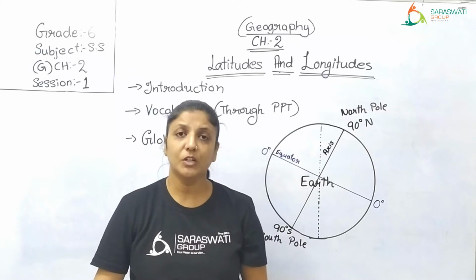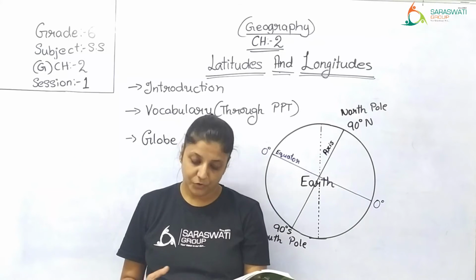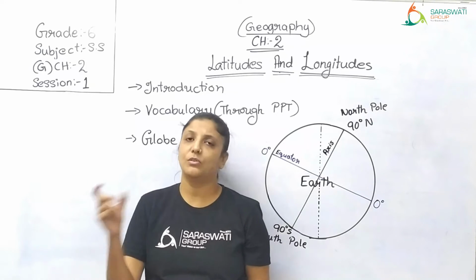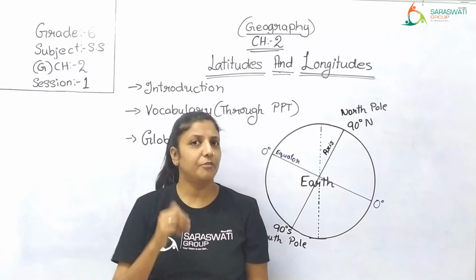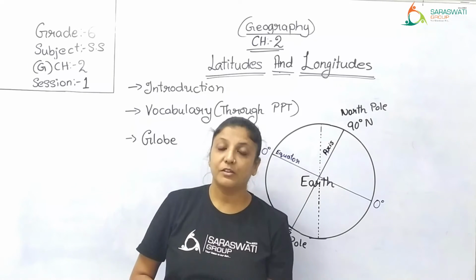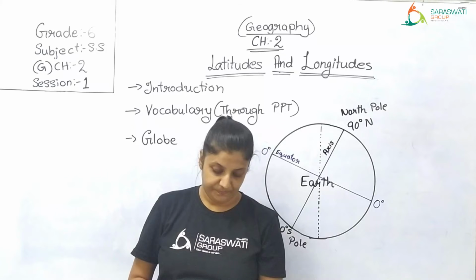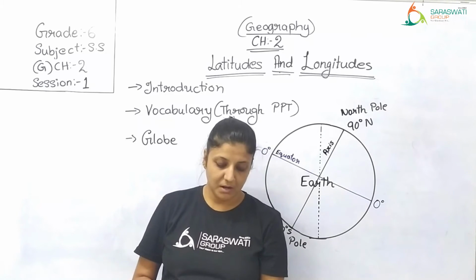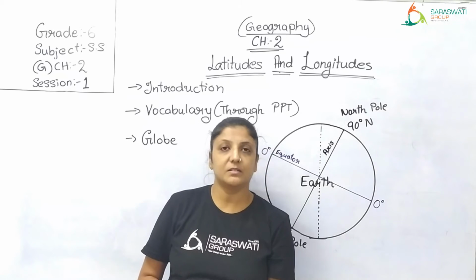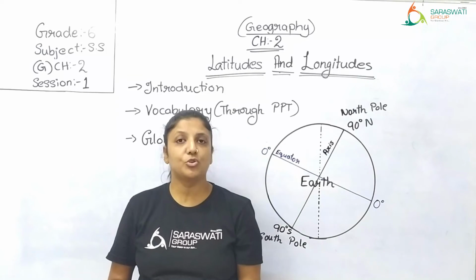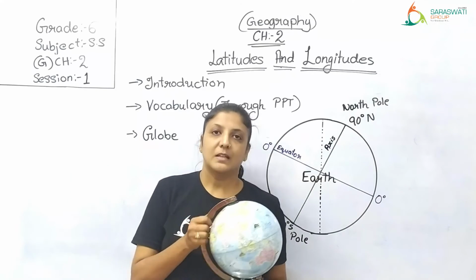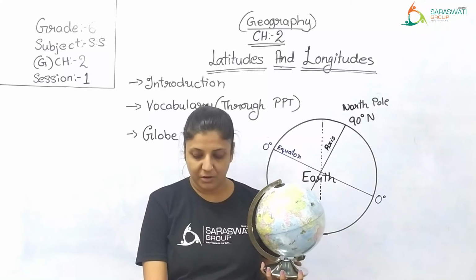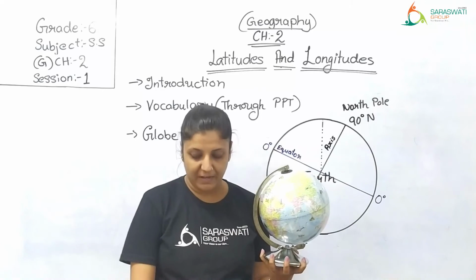So a globe is a three-dimensional model of the earth, or you can say in simple terms, a globe is a model of the earth or a spherical model of the earth, which you have already learned in your earlier grade, right? So that is also correct. Now, it is mounted on its axis so that it can be rotated freely just like the earth. Now, let me show you the globe. This is a globe. Now they have said that it is mounted on its axis so that it can be rotated freely just like the earth.